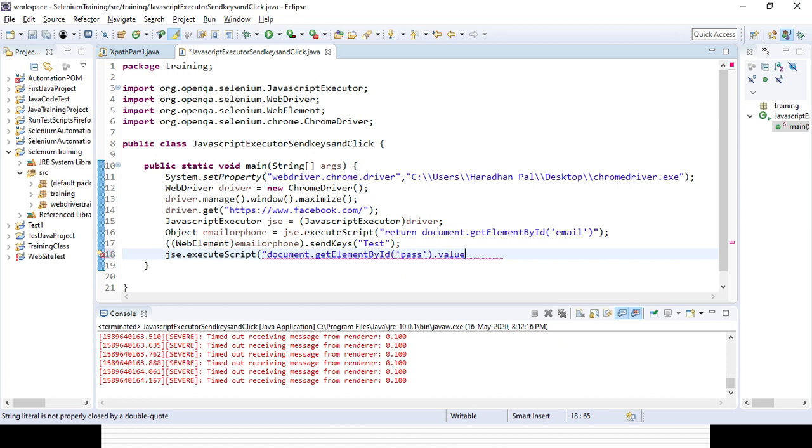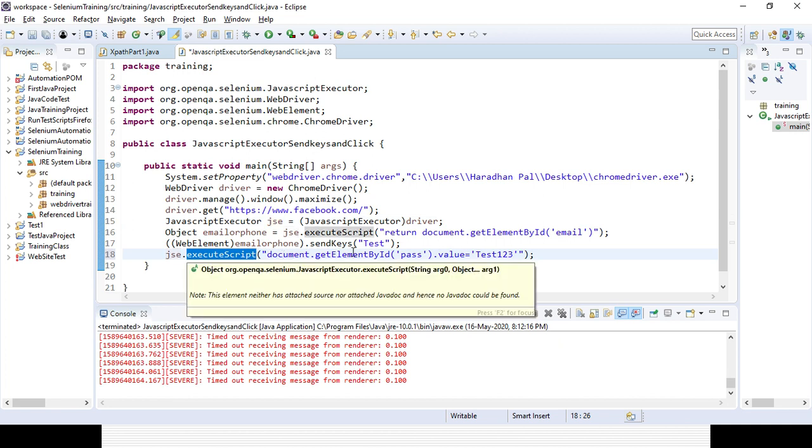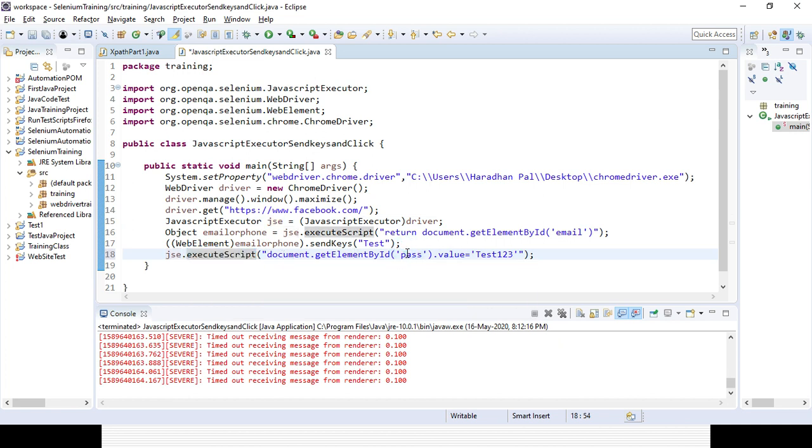Suppose I am giving the value as test123. You need to use dot value and give the value in single quotes, not double quotes, because the double quote is already there for the document part. So you use the JavaScriptExecutor object reference, then the executeScript method, document.getElementById, as the ID is password.